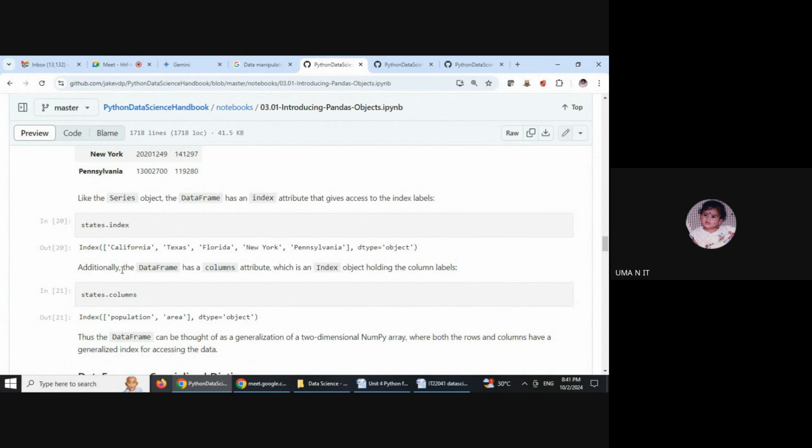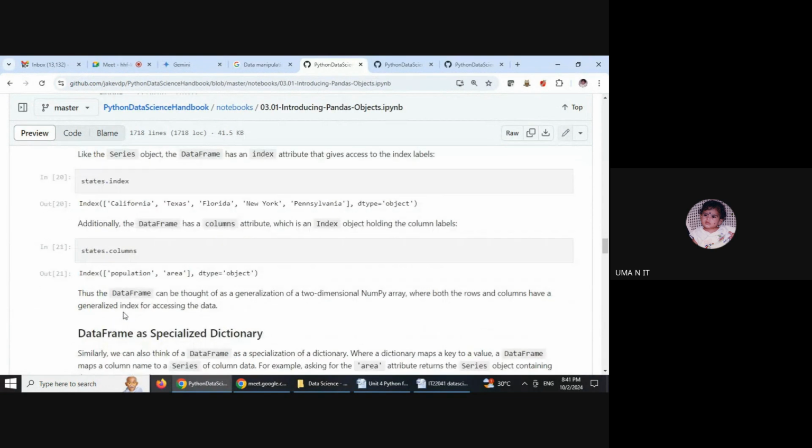As we consider a data frame, it has rows and columns. To get your row index, we can go with index labels. To get your column index, we can go with columns. States dot columns will give the index of the columns. We have only two indices in columns: population and area. Thus the data frame can be generalized as a two-dimensional NumPy array.